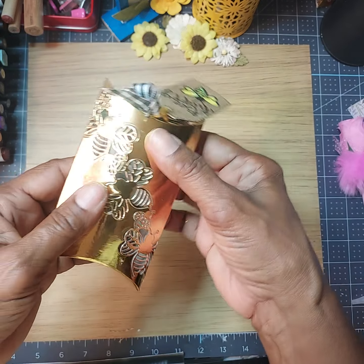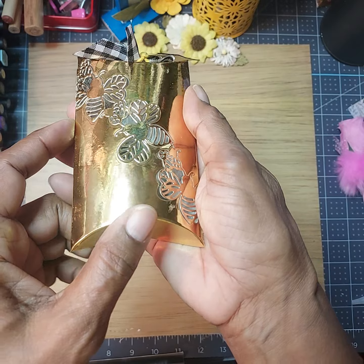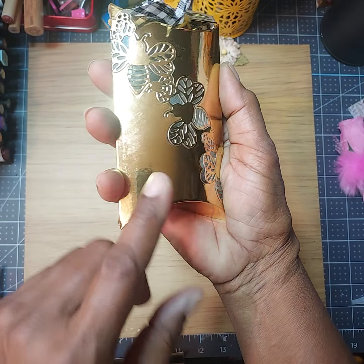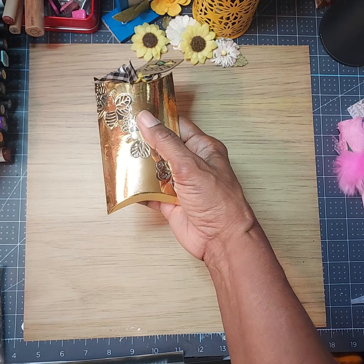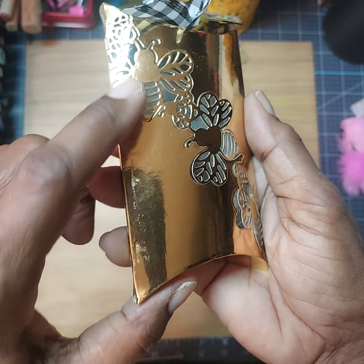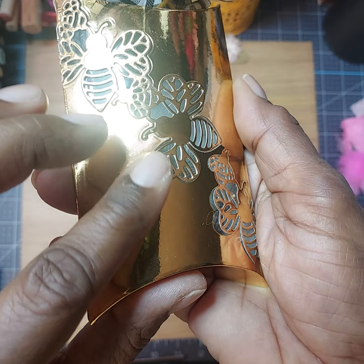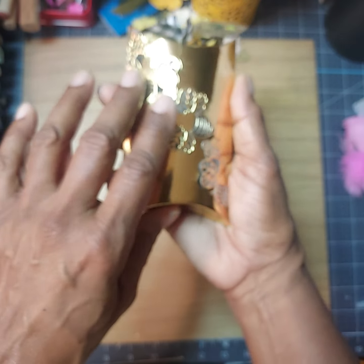And this is the little pillow box. And I had bought some of these. I think it came in 4 or 5 in a pack. And so what I did was I took that one die that I showed you with the little bees, and I ran it through my die cutting machine, and I was able to get this little image to cut out. But it didn't cut out all the way,